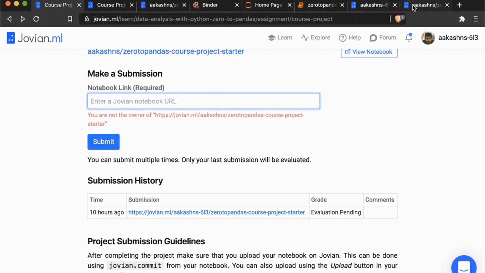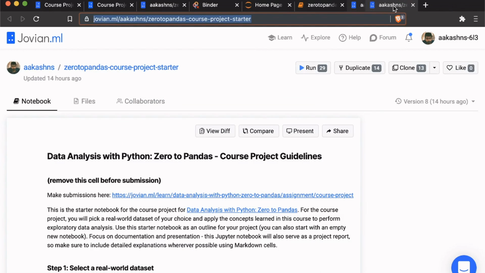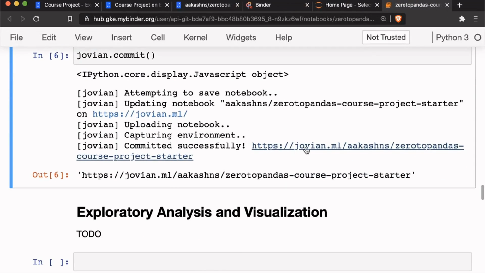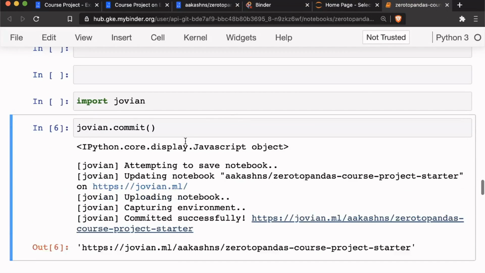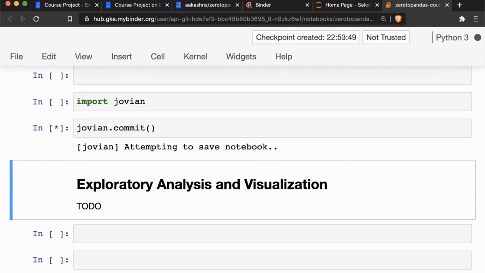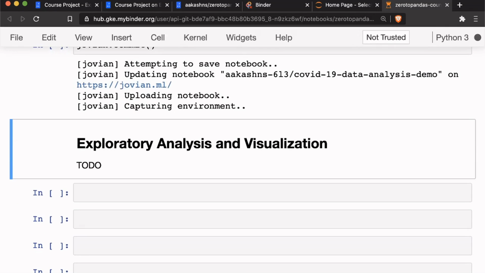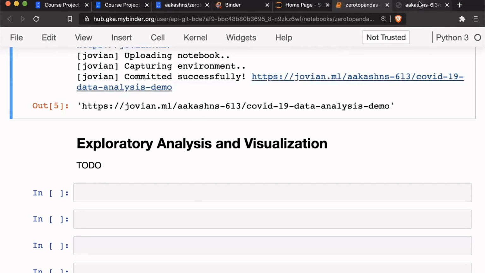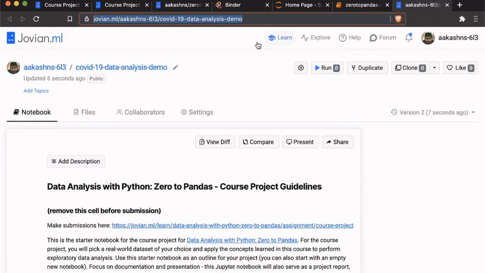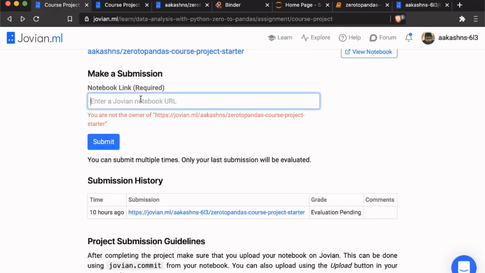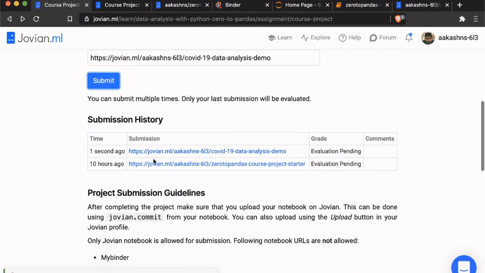Oh, sorry. So this needs to be, let me just try that again. So this is the notebook that, let me just run jovian.commit. So I have committed the notebook. I take the notebook here, the notebook link, COVID-19 data analysis demo that I just committed. I come back to the course project page, and here I make a submission and click submit, and a submission will be made, and then we will evaluate it.